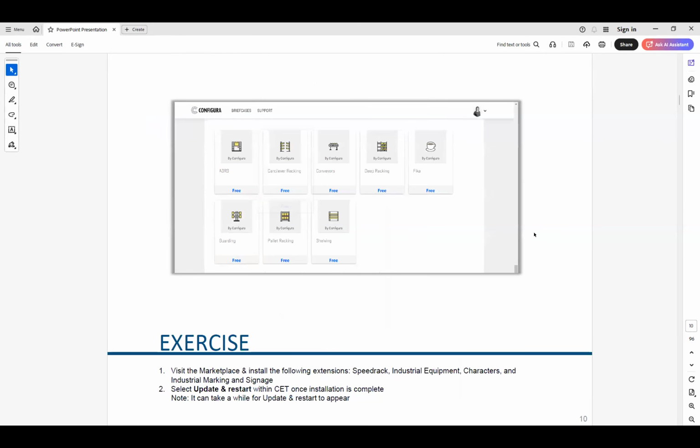Okay, so this is going to bring us to our first exercise. What I would like you to do is make sure that you have your Speedrack extension installed, and the industrial equipment, characters, and industrial marking and signage extensions all installed. Make sure that you have clicked that update and restart button from the pop-up. Once you get it,